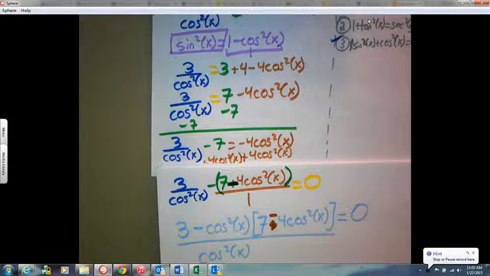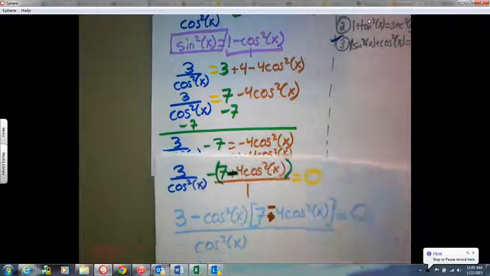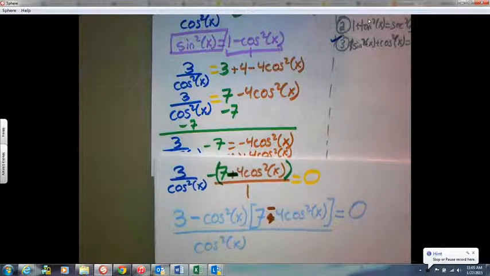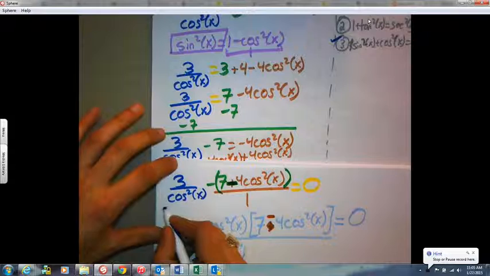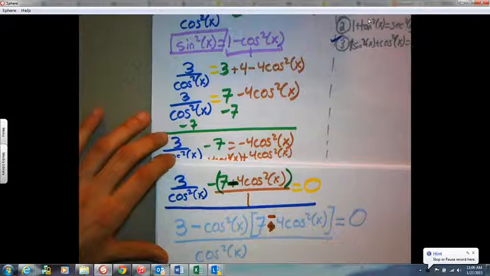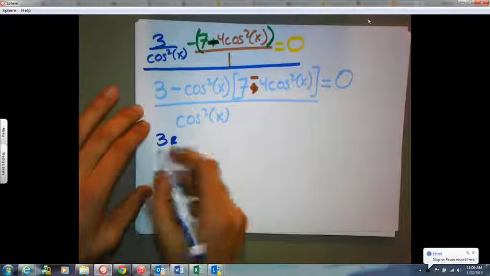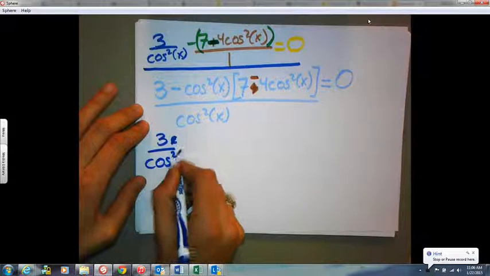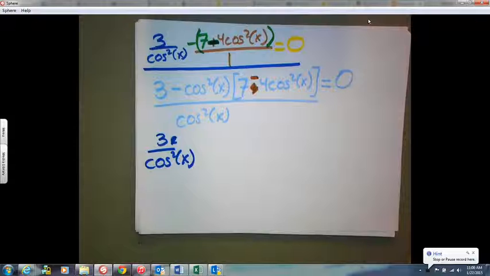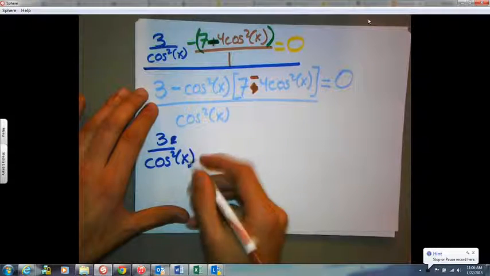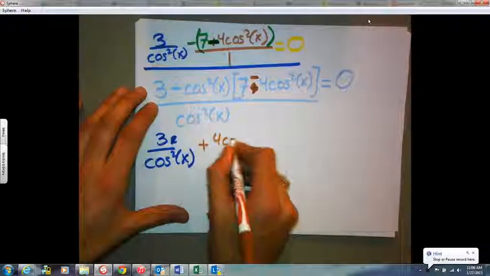That's right. Absolutely right. So, Rombeer's way, which is, I think, a better way to do it, is to rewrite this in the following manner. Rewrite this as this. This is actually a much better way to do it. And instead of having -7 minus this, just put plus 4 cosine squared of x minus 7 all over 1. Is this what you're saying, Rombeer? Yeah, this is